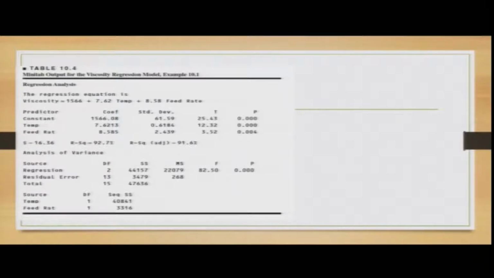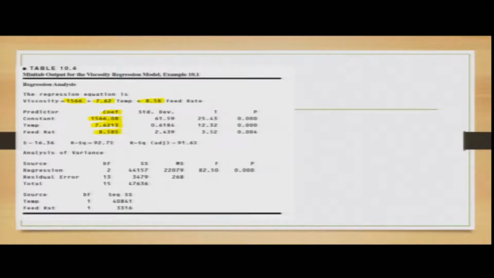And if you see the constants, which is what is interesting, I will highlight them. These were the coefficient values: 1566.08 which is here, 7.656213 which is here,